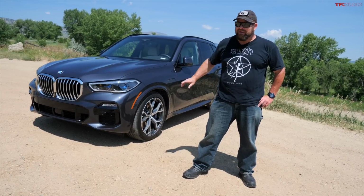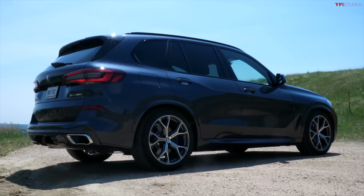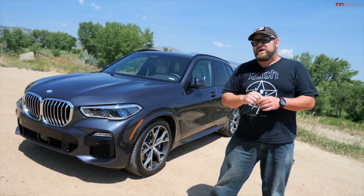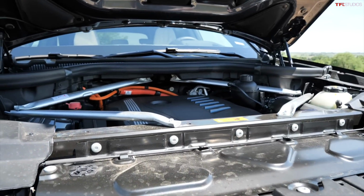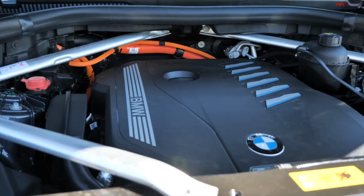Hey guys, Nathan here, and this is a brand new BMW X5 xDrive45e, and it just came in. So this just in. But the thing you should know is that as awesome as it is, the Europeans have a more awesome one. All right, now what may look like a regular BMW i6, which is already pretty damn cool,